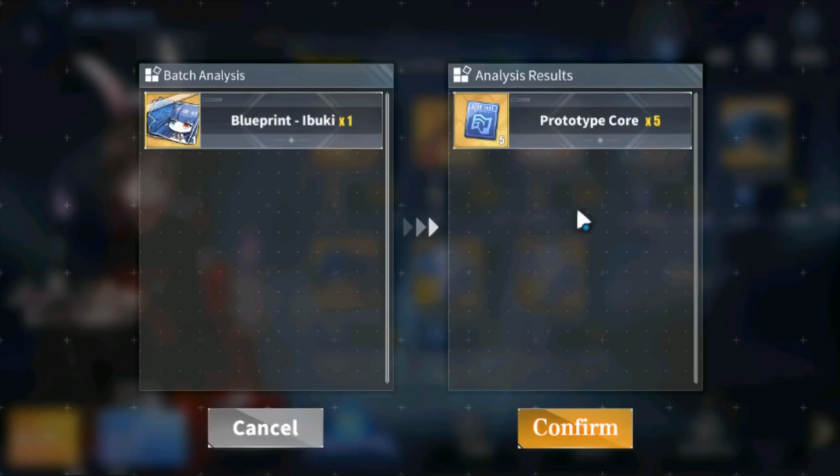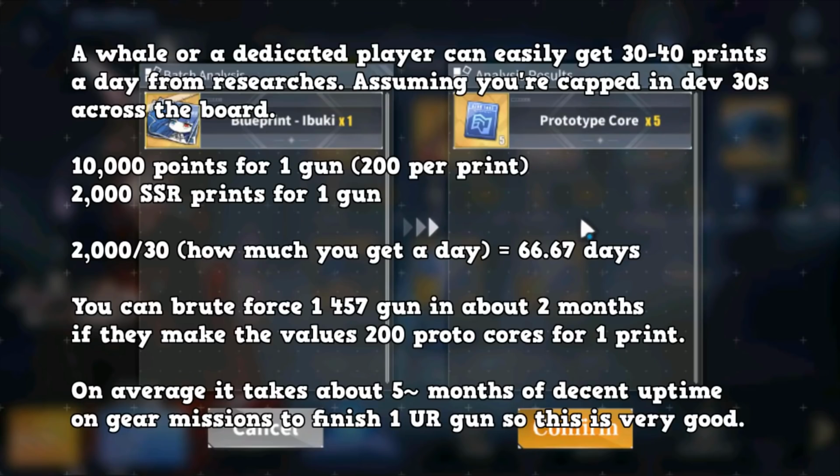Now, this is probably a fixed value that they just threw down there, or like a random value they threw down there. If it's 10,000 though, honestly, that's reasonable in the sense that if you're very dedicated and you're like a whale or some sort, you can honestly brute force a 457 gun in about a month. Because you can probably get, if you're very consistent with your research, you can get